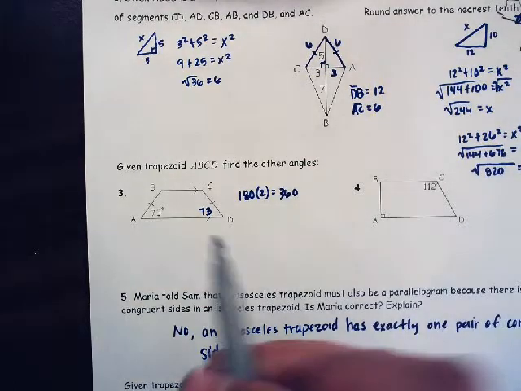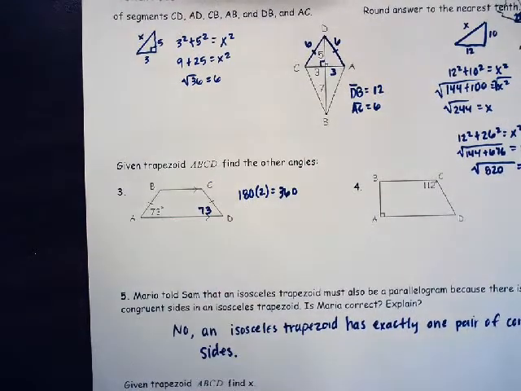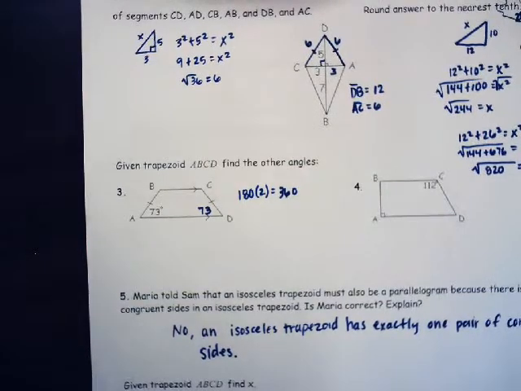Okay, so I need to find the measure of these two angles up here. On an isosceles,